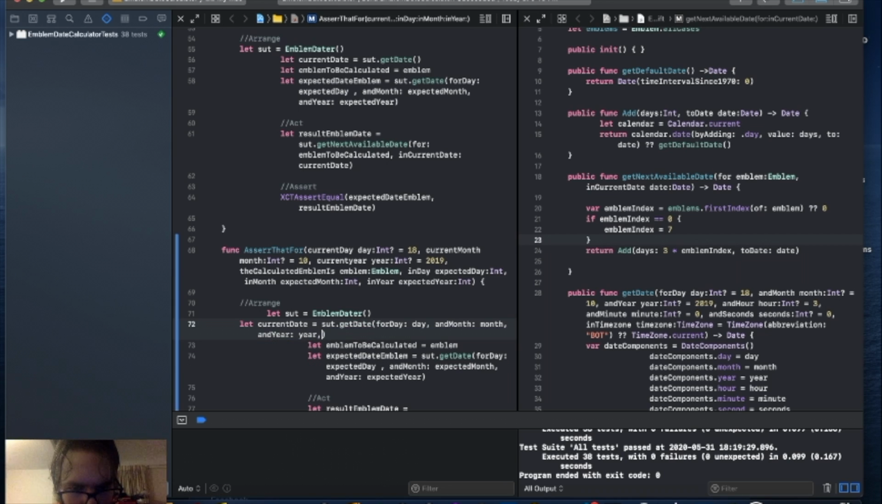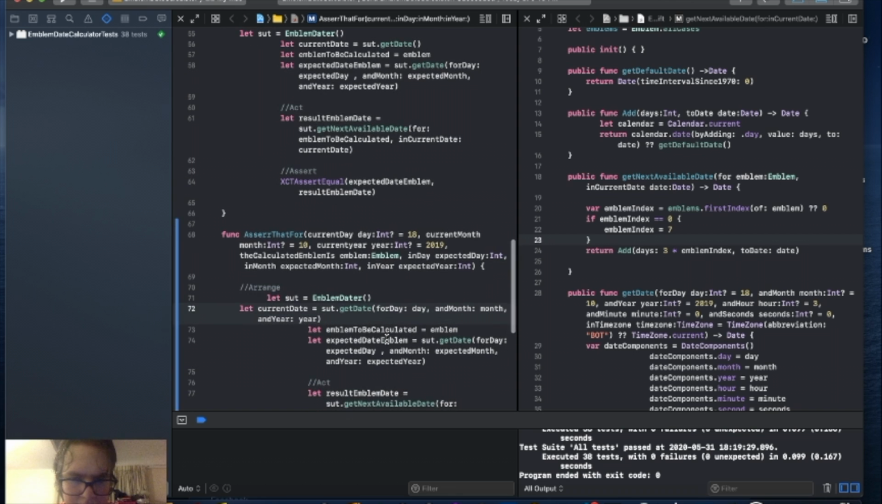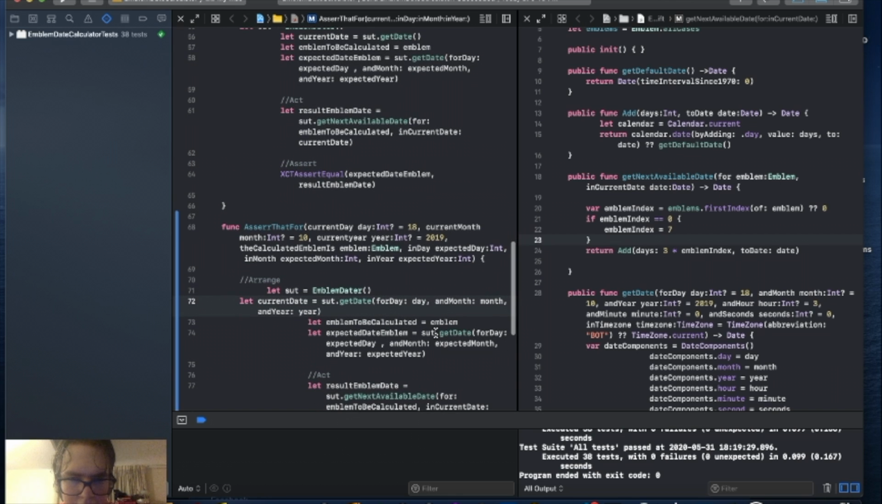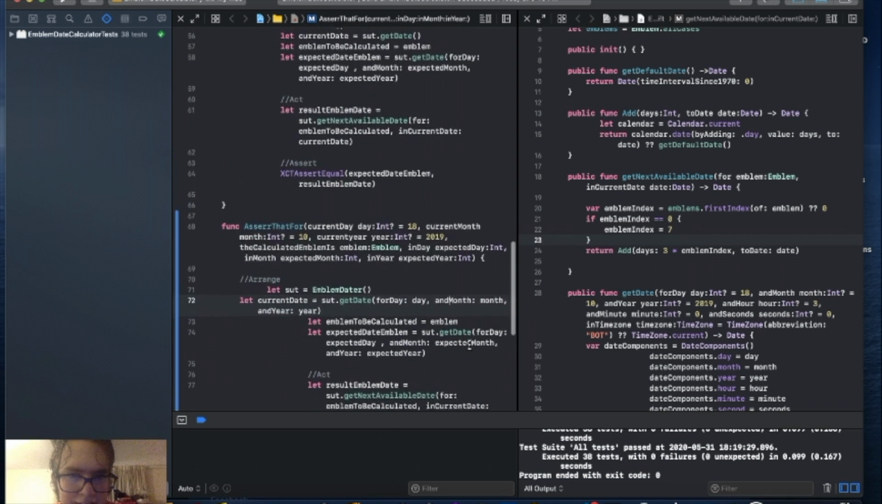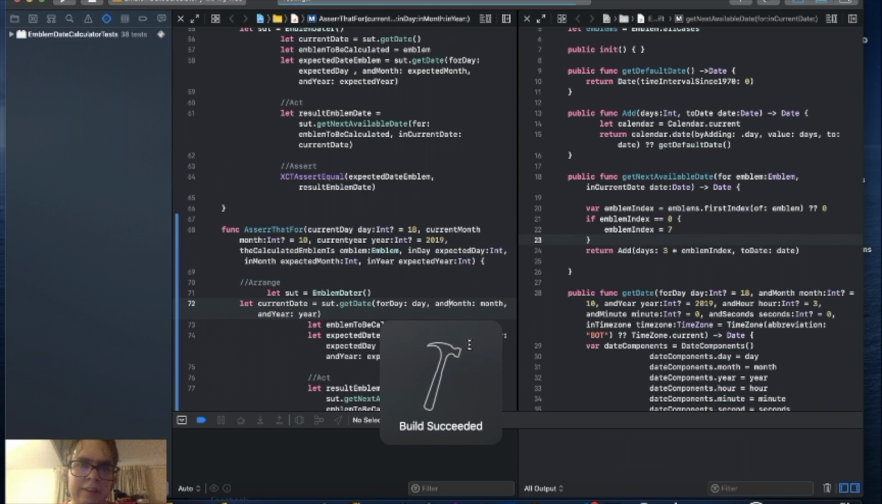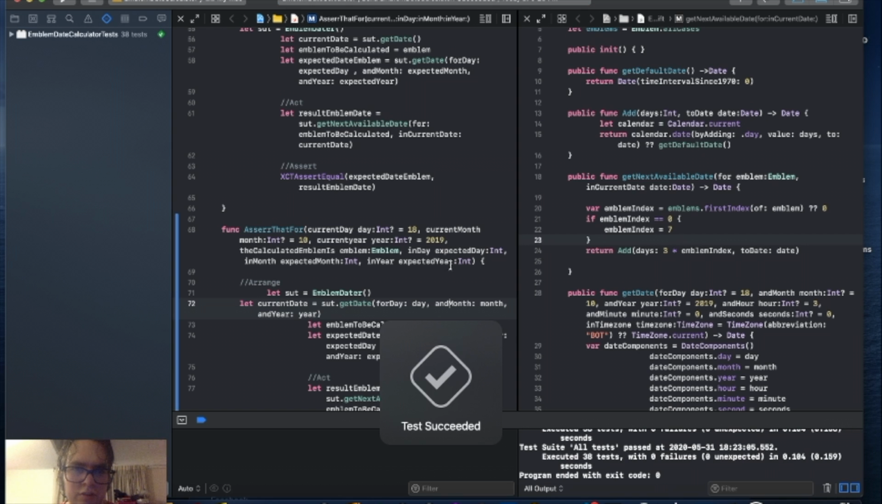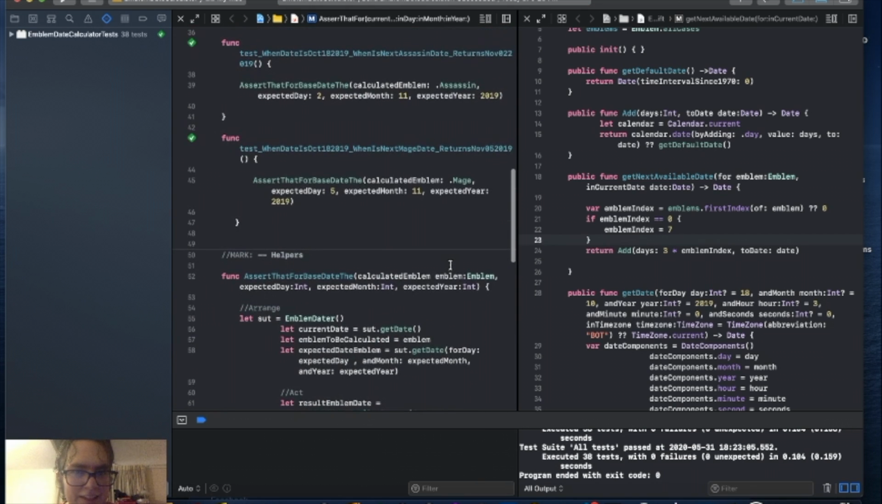So I'm trying to get this day, month, year, and the expected calculated date will be the same here, and I need the same here. So Command U to see I didn't break anything. I don't think so, because I just refactored this. And then after that,